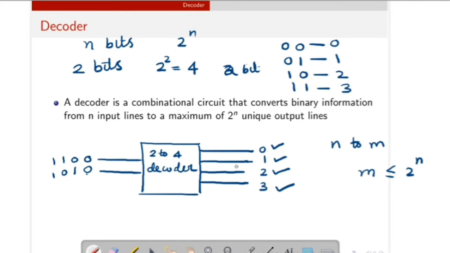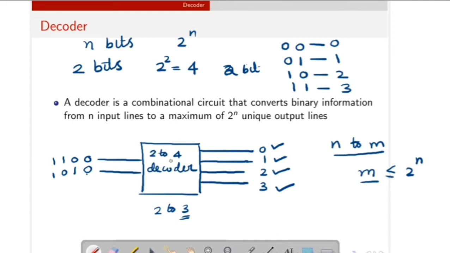Suppose we want to represent only 3 outputs, then it is called a 2 to 3 decoder, because 3 is less than or equal to 4. That's why it is called an n to m decoder, and m is less than or equal to 2 raised to n. Okay, clear?